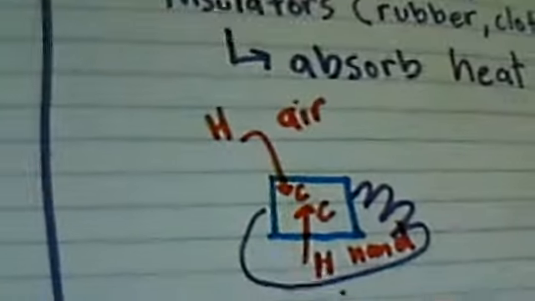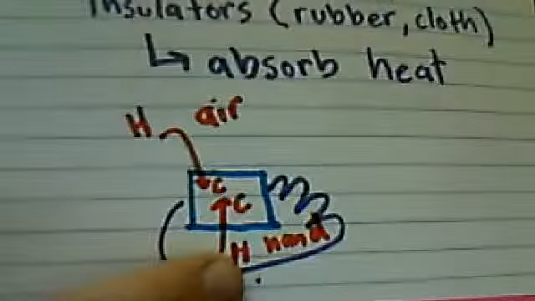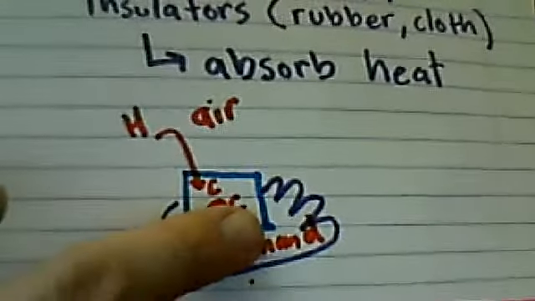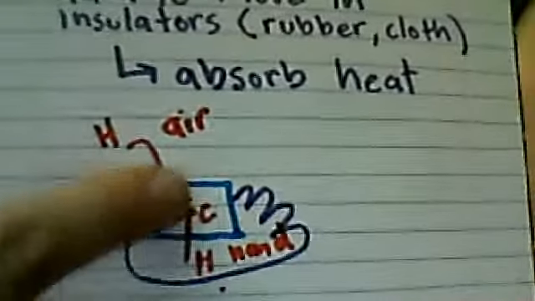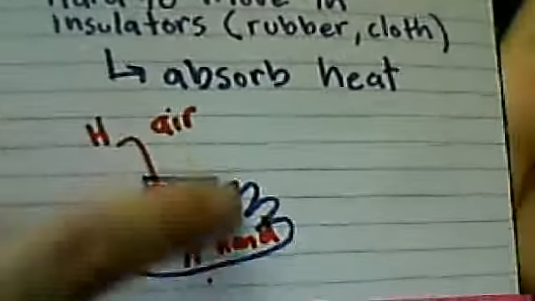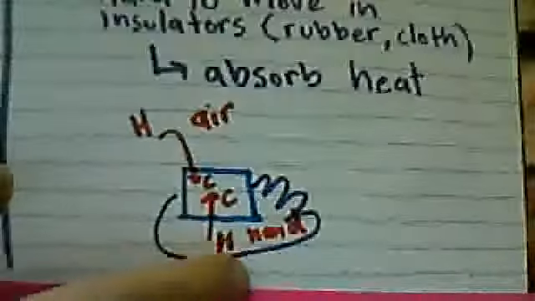And the last thing we need to do is draw a diagram. The red stands for heat, and remember, heat moves from hot to cold. So the heat moves from hot, from the hand, to the cold ice cube. And the air goes from hot to cold, which means while it's doing this, the air around the ice cube and your hand are actually getting a little bit colder. So when that ice cube melts,